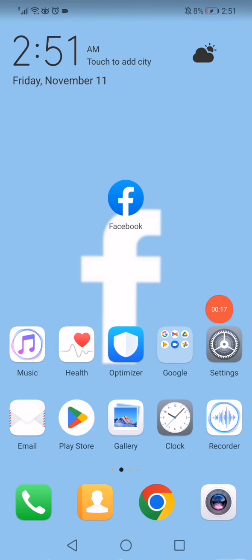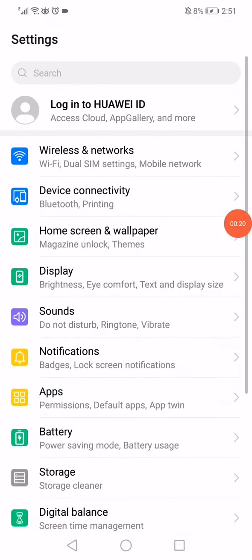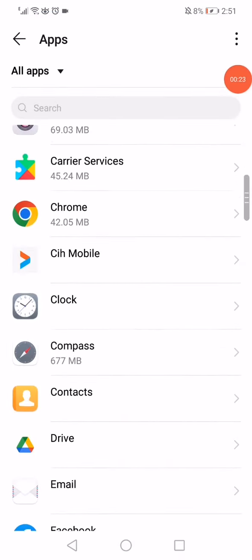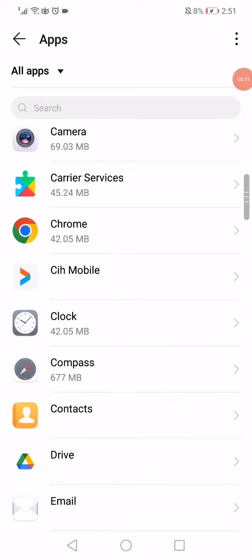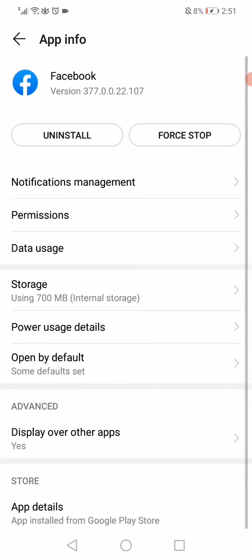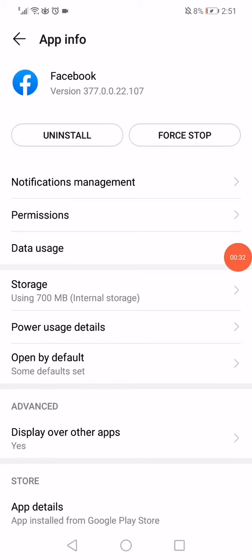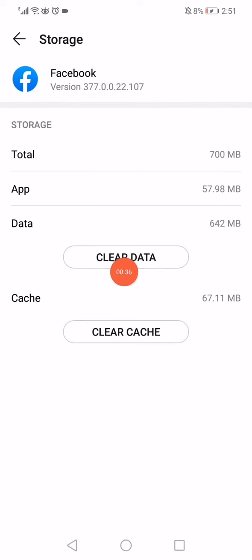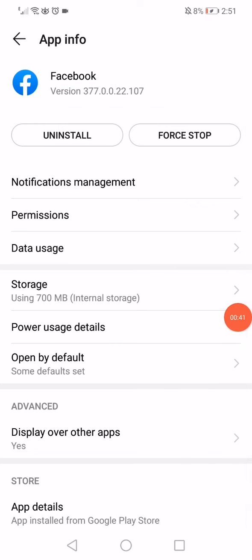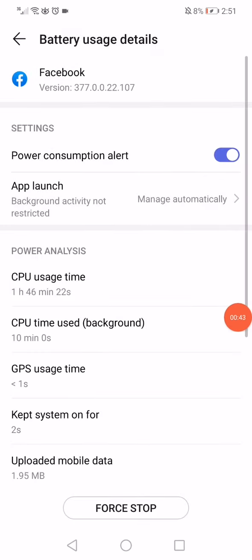The second way is open your phone settings and go to the apps manager and go here to apps, and here you will find all the apps that you have downloaded on your phone. Scroll down, go to Facebook, and then all you have to do now on this page is very simple. Just click on storage and click here on clear data, go back, click on power usage details, and now all